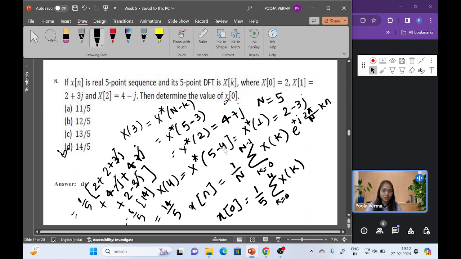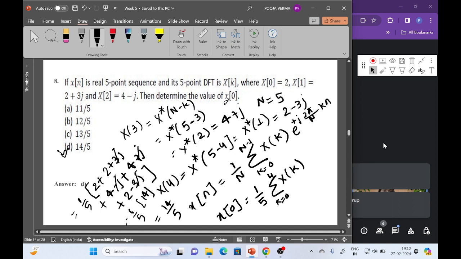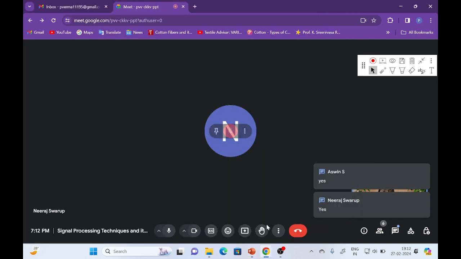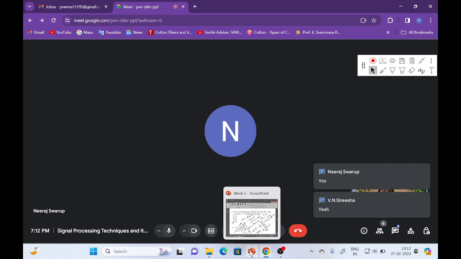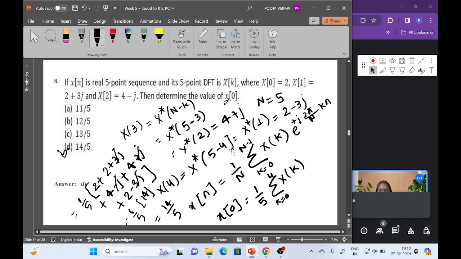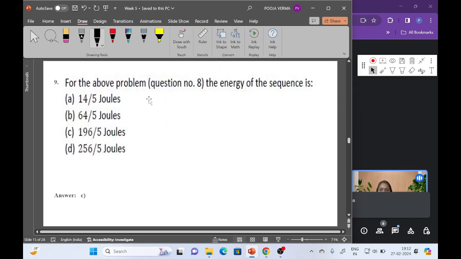Okay, so have you got this question? Okay, so moving to the next question. For the above problem, that is question number 8, what will be the energy of the sequence? Have you already gone through Parseval's theorem? In order to find out the energy of a sequence,